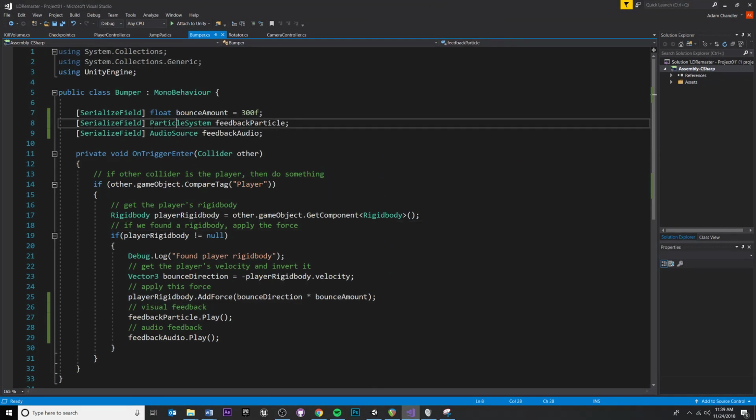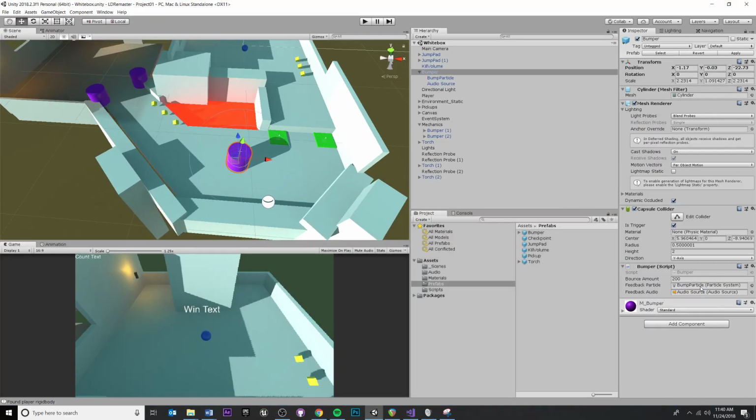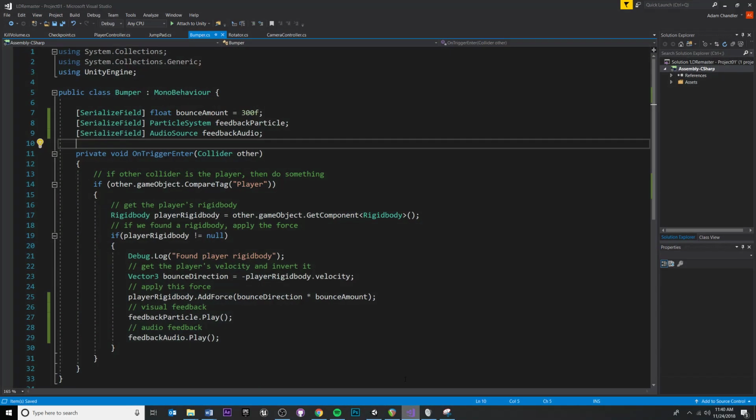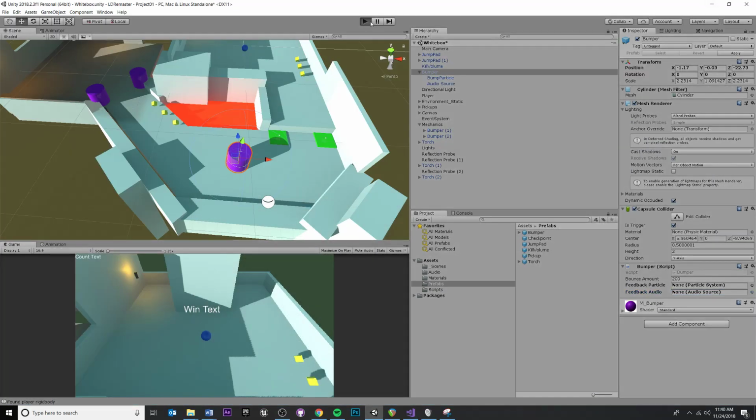Whenever we're linking into a reference to something in the scene, if we try to access that reference and do something like run a function, but let's say that we did not have a reference, you might see something like this. So I'm going to delete my references. These are now empty variables. If we try to play them, this is still currently empty because if I delete them out, they're not being filled by anything. So this is just a null reference, and I'm trying to say play, it's going to shoot out an error message at me. Just to show you what this looks like in your debug,